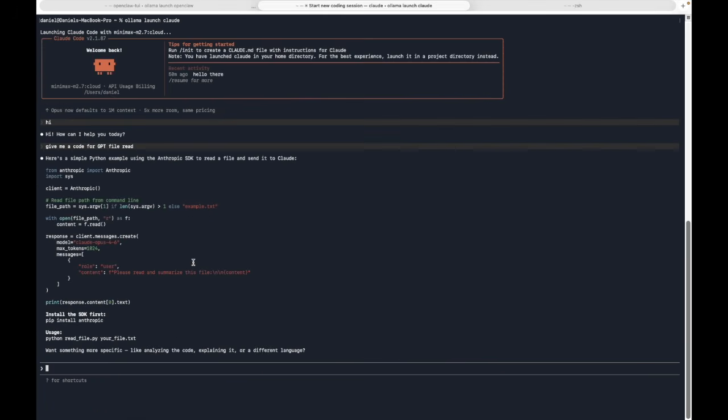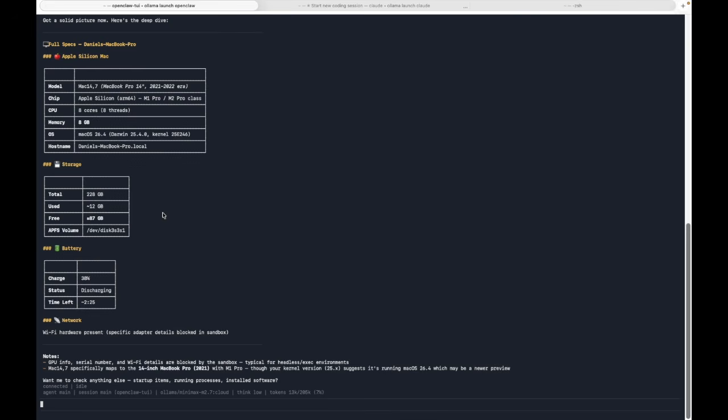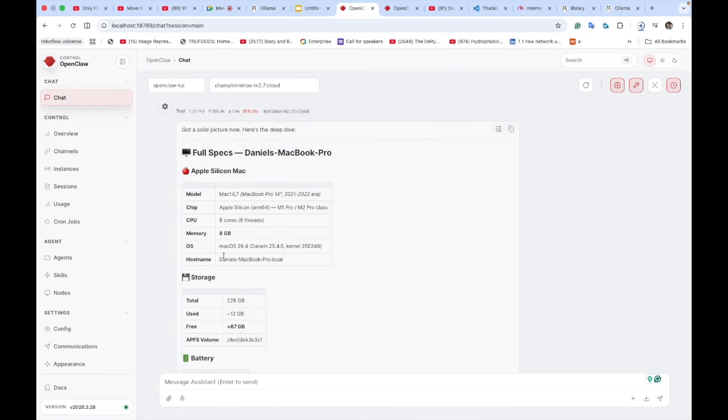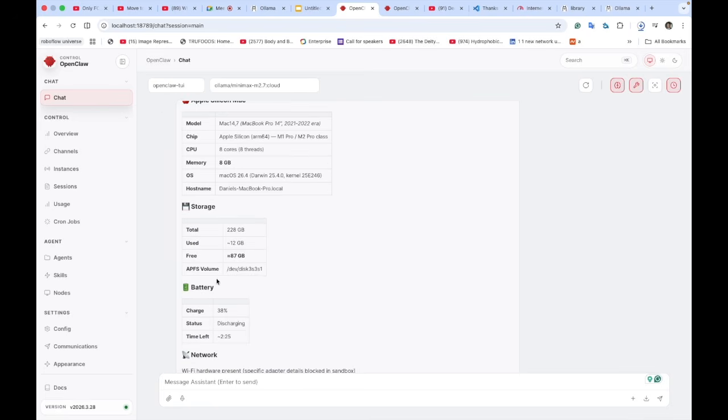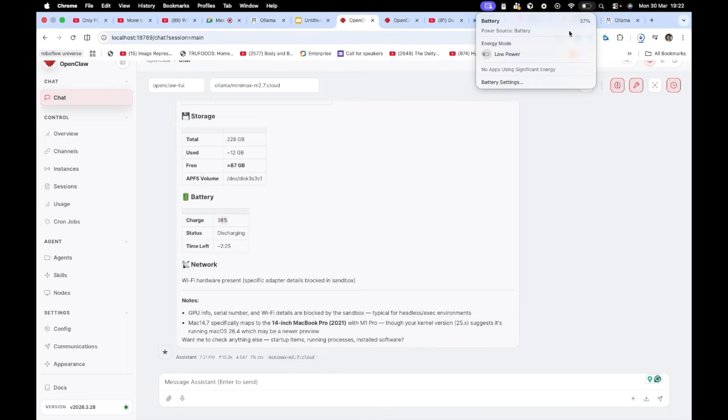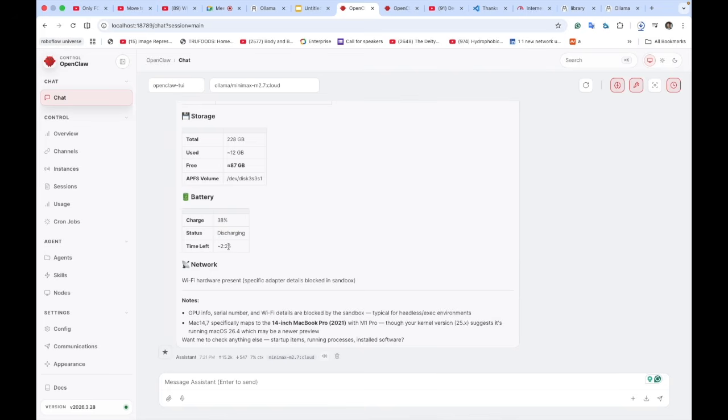All right, so this is the little thing I wanted to show you guys today. Let me see what this thing got. Okay. Daniel's MacBook Pro 14-inch M2 Pro class, 8 core, storage, use free. My battery is 38%. Okay, it just went down. Beautiful. Discharging. Time left, 2 hours. This is beautiful. So you see,